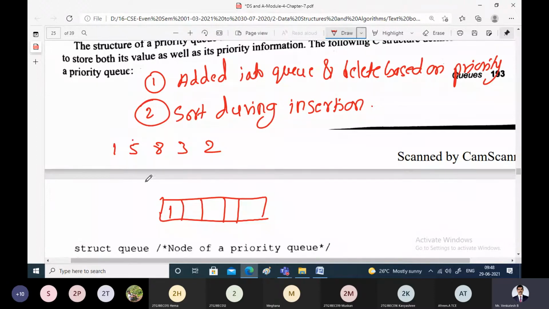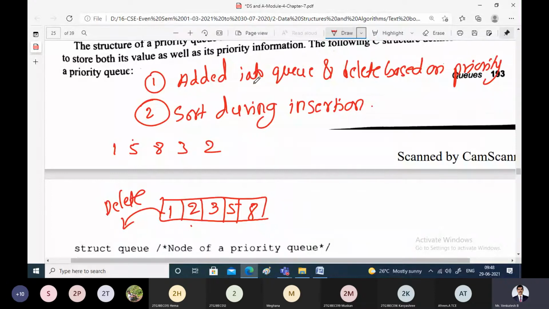That means while inserting these elements into the queue, keep them in sorted manner. That is 1, 2, 3, 5, and 8. Now once we sort the elements while inserting into the queue, we delete them based on their priority. Obviously this has first priority, second priority, third priority, fifth priority, and eighth priority. But while inserting itself, you sort the elements.